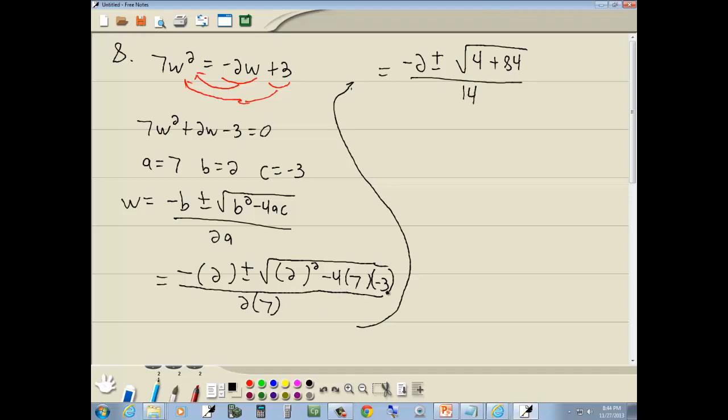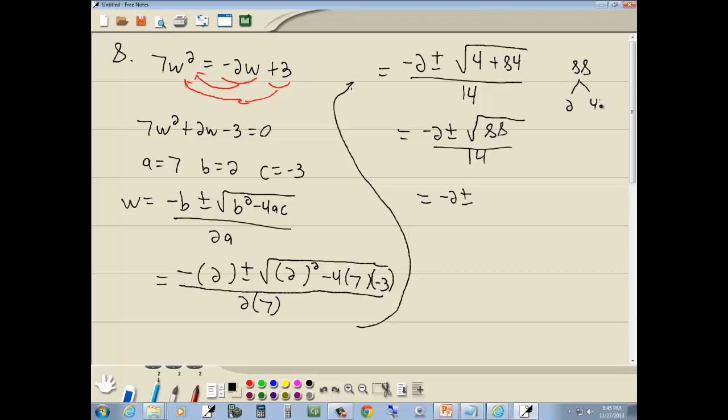Let me check that. 12 times that. Yeah, that gives us that. Which gives us negative 2 plus or minus 4 plus 84 is 88 over 14. Now, 88 looks like something we can break down. Don't hardly have room here, but